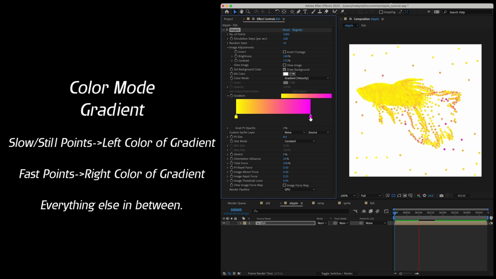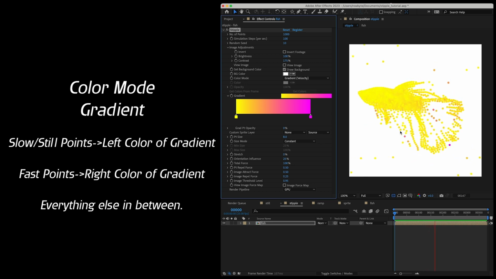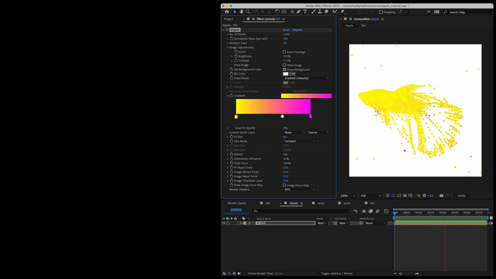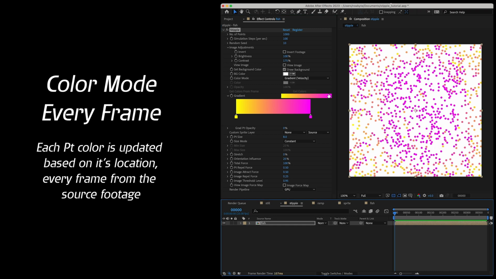Here the faster moving points have a pink color, and the slower moving points have a yellow. So once the points kind of settle in place, they have a yellow color, but if they're moving, they'll have a pink color. You can add as many colors as you want. It doesn't matter. Okay, now the next color mode is